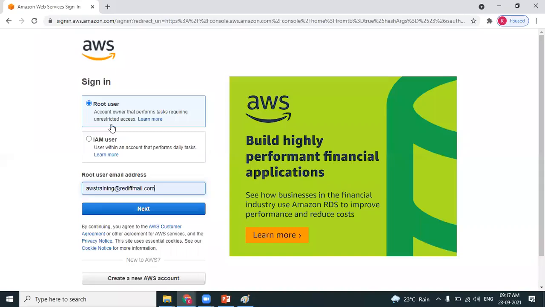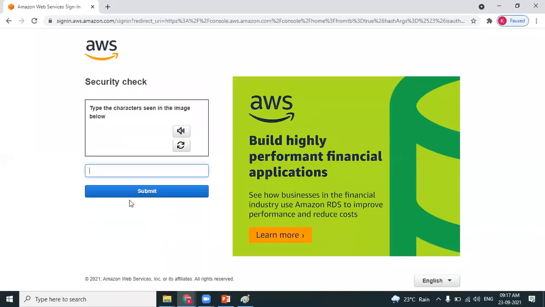Root user is unrestricted access. There is no restriction. You have full access to the AWS console. Let's log in.